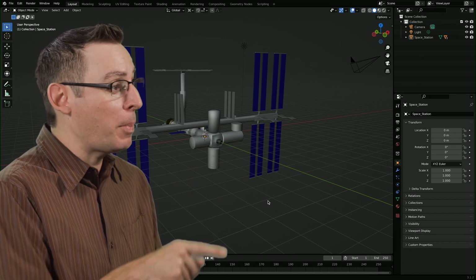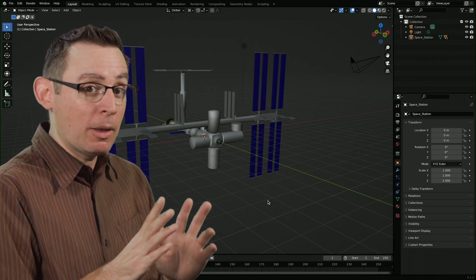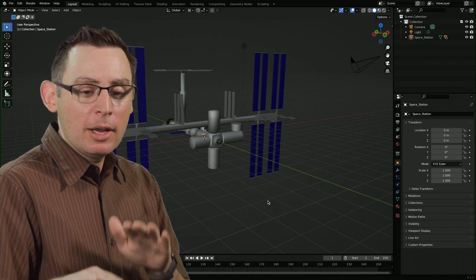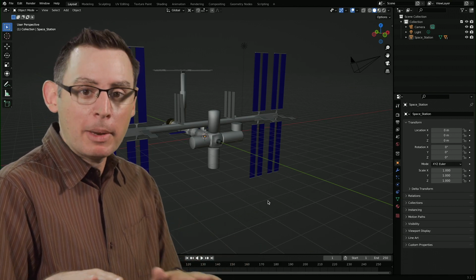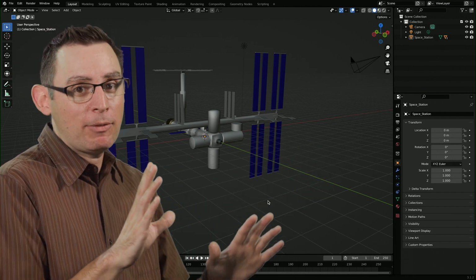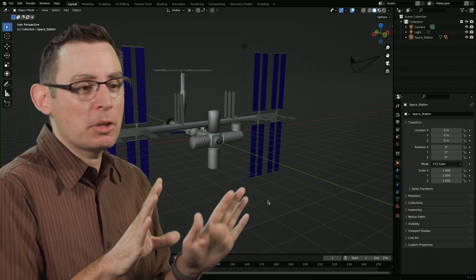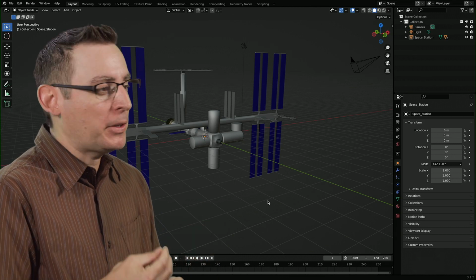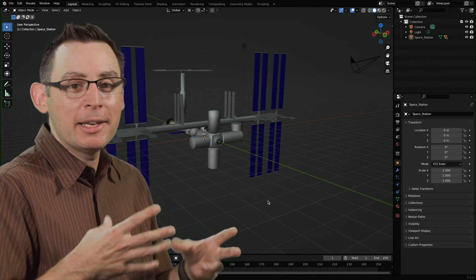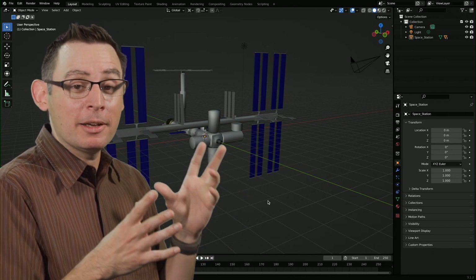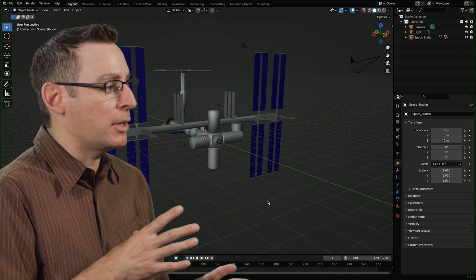With that said, let's jump back over into the software and get to work, and we'll start exploring how we can use the keyboard and mouse combinations to orient and navigate around our three-dimensional scene. So I've chosen this project file specifically because it does a great job of communicating a fun, high-level idea of how we're moving around in the scene.